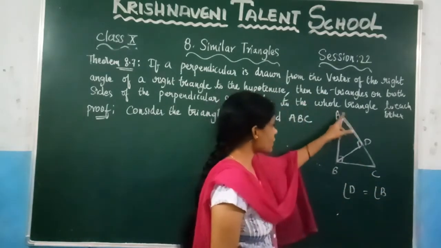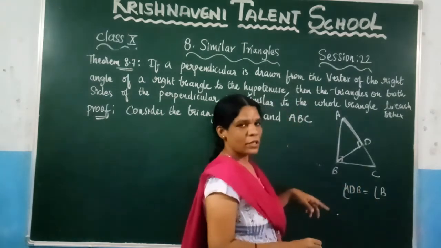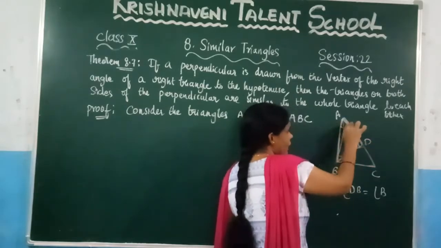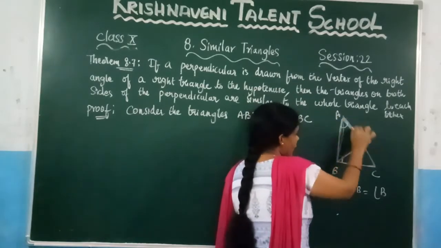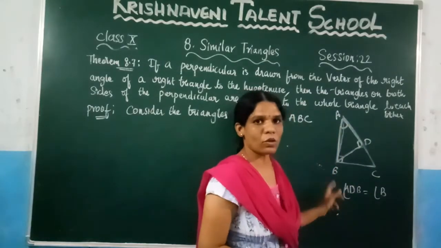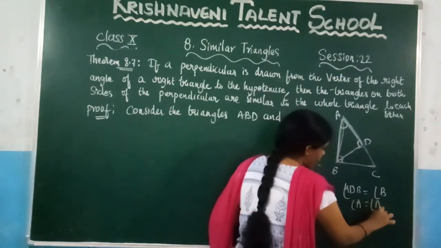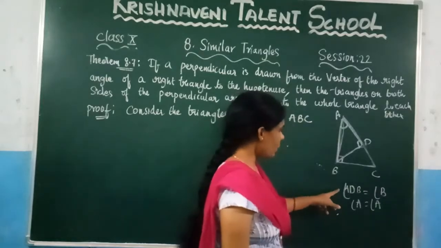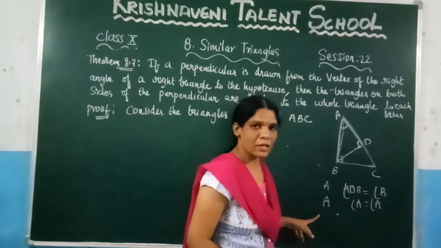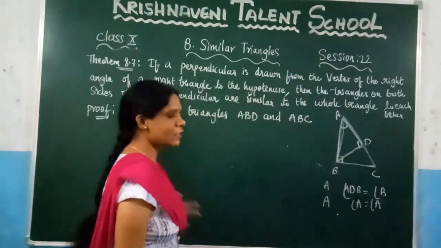Right? What is angle D? Which is nothing but ADB. So you can write it as ADB. Now again here, if you consider this triangle, angle A is there. And if you consider the bigger triangle, again angle A is there. So angle A is the common angle of these two triangles. So you can write it here, angle A is equal to angle A. Now you can apply angle-angle similarity, right? By angle-angle similarity, you can say that these two triangles are similar. So let us write that one.